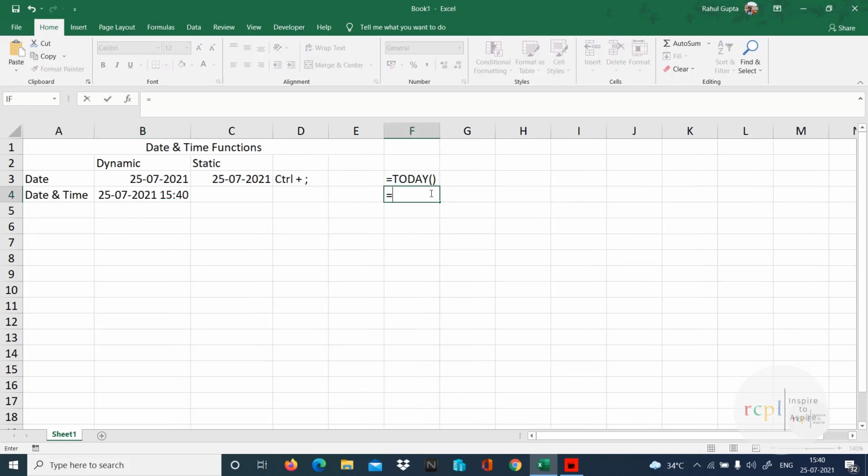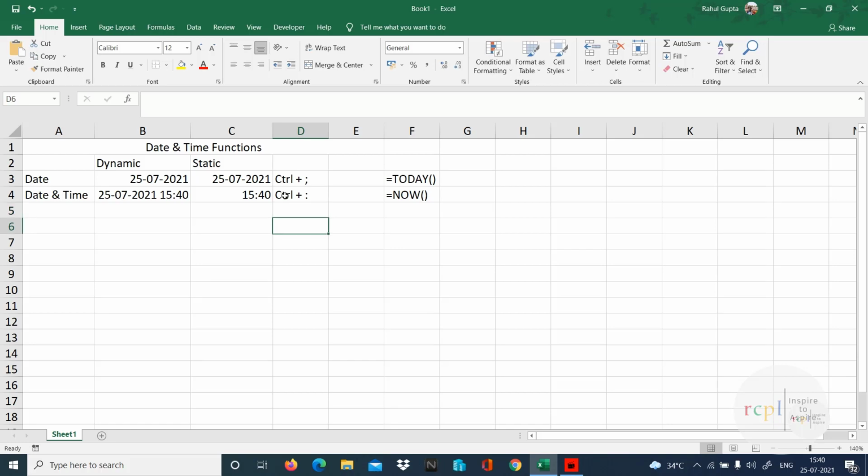For static, I'll press Control semicolon, or Control colon, or Control Shift semicolon, because only with the help of Shift can we get a colon. So this is how we can get dynamic and static date and time.